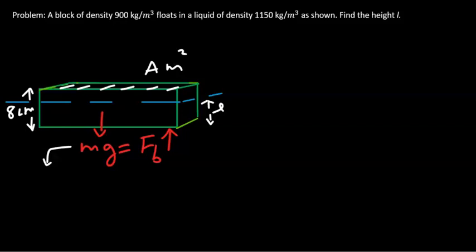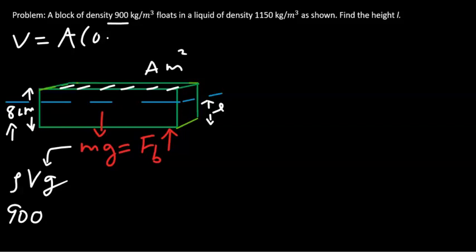So the left hand side of this equation, namely the weight of the block, equals the density of that block times the volume of the block times the gravitational acceleration. The density of the block is given to be 900 kg per cubic meter. The volume of that entire block is given by the surface area of the top surface times the height of that block in meters, so it's 0.08 meter. So let's write that here, A times 0.08 times the acceleration of gravity equals,